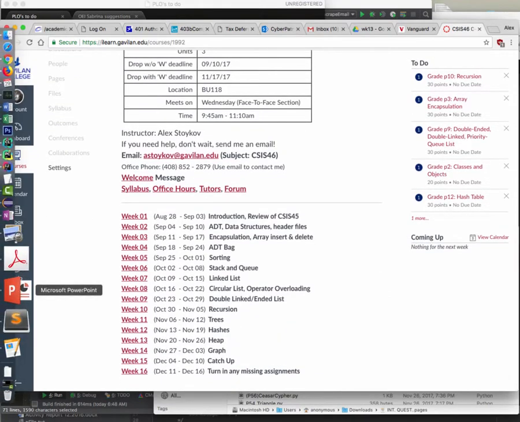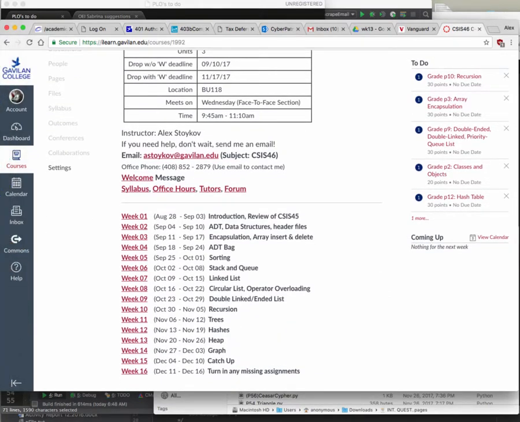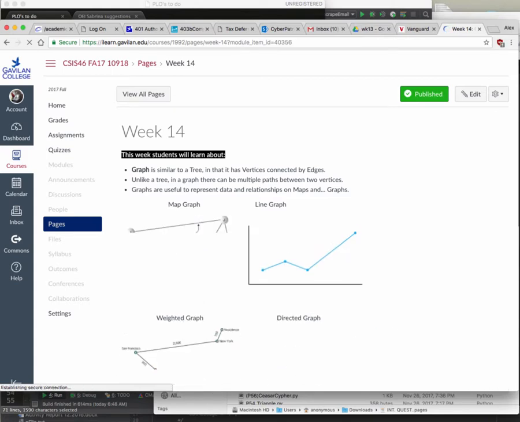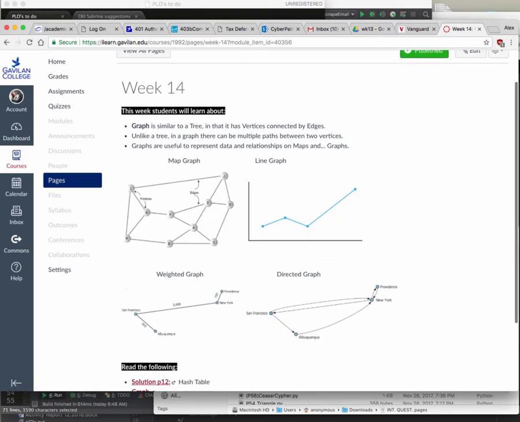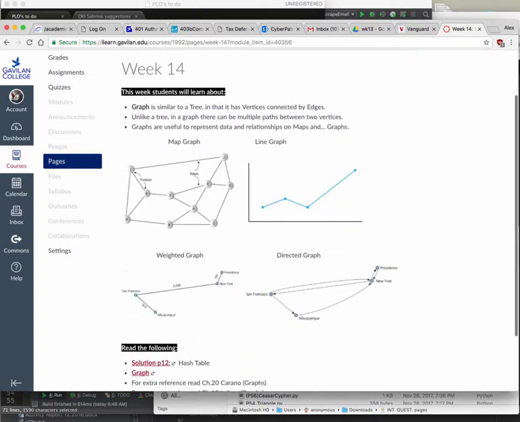Alright, so we are in week 14, and week 14 is pretty much the main thing that I want to tell you for this class, which is graphs. And graphs are a very unique data structure. One of the few, well, the one data structure that you could use to display something that is on